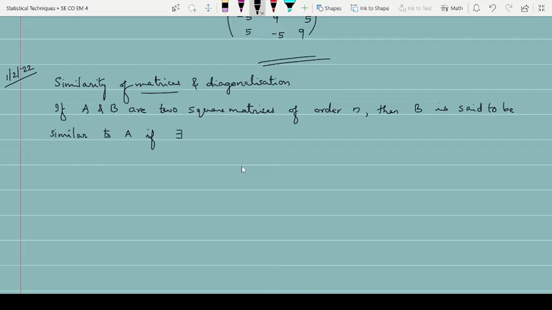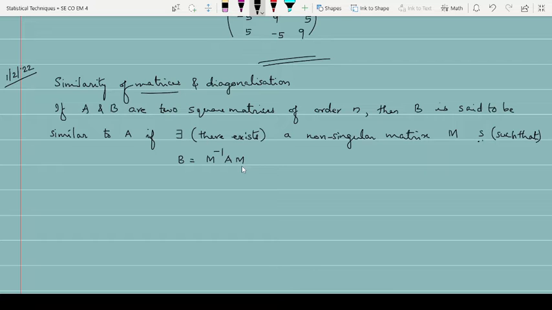This symbol means there exist. This we use in mathematics. There exists a non-singular matrix M such that, this means such that. So we write it as such that B is equal to M inverse A M,